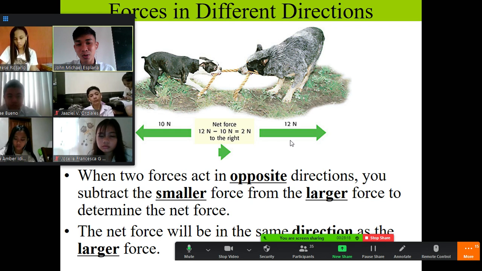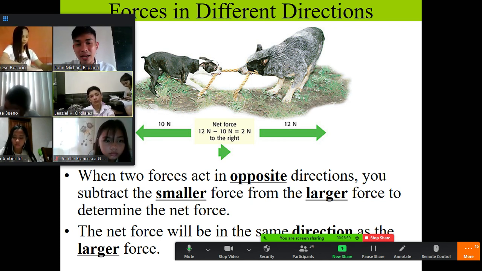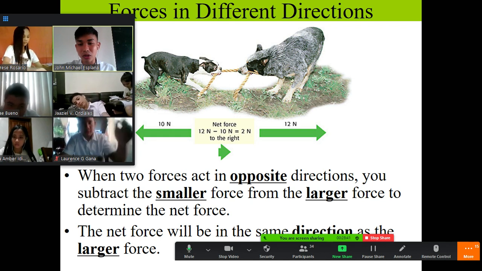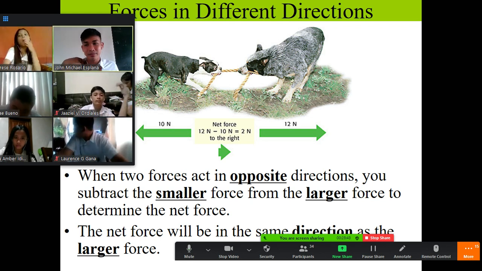Okay, so yung object dito is the rope. Therefore, the rope will move 2 Newtons to the right. Okay, so are you getting what I mean with this? Opo. So the rope will move 2 Newtons to the right. Okay, so that's how you add